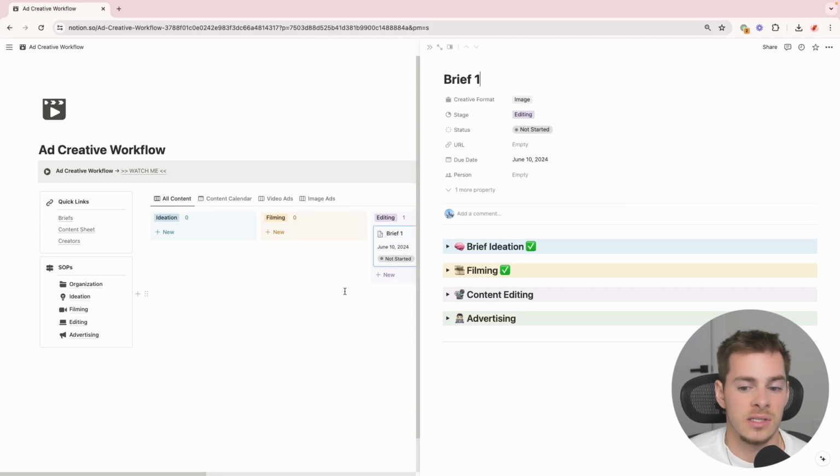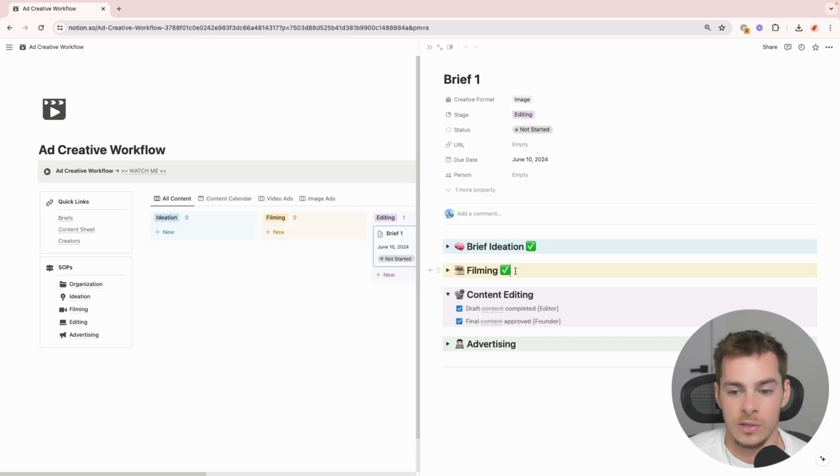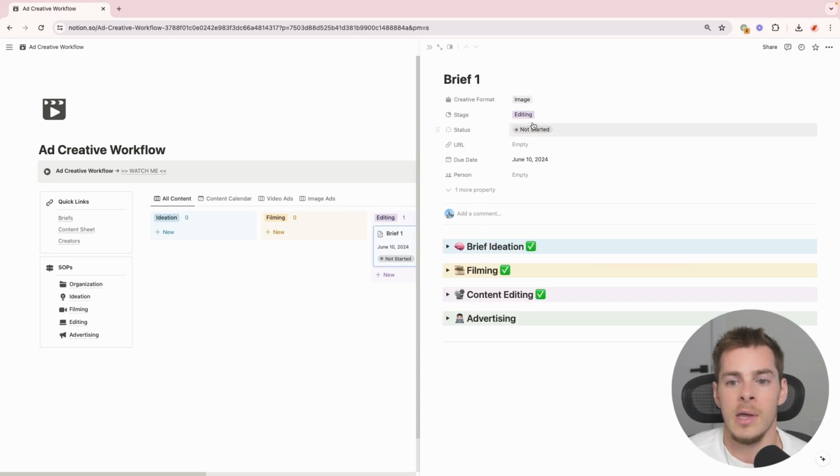Then generally we're going to move things into the editing stage, and that's where the editor is going to complete the draft content, which is the not-approved, kind of final ads. And then once we approve those ads, or if they have to undergo a revision process before getting approved, we just make sure that it's checked off so that everyone knows, hey, these ads were looked at by the person who has that final say and they're approved, right? So now that editing stage is essentially complete. I'm just doing this at a fast pace. Usually each of these stages will take a little bit of time and they'll go through these individual statuses so that everyone on the team knows the progress of that specific stage.